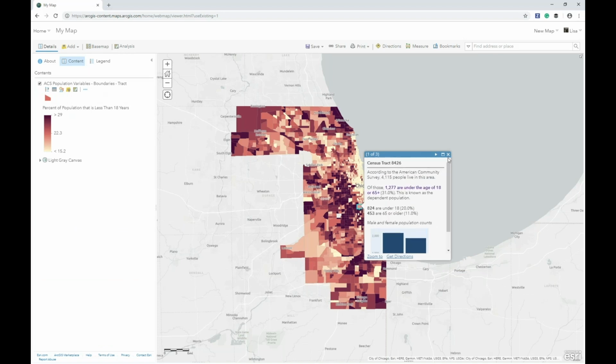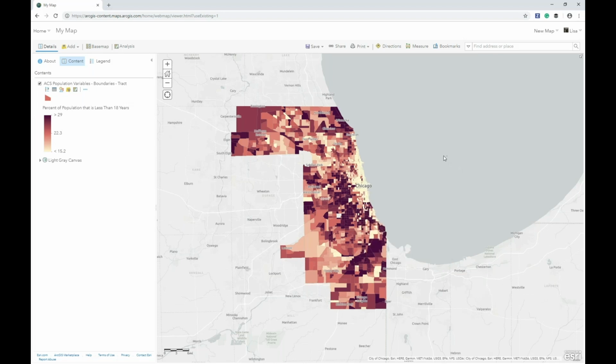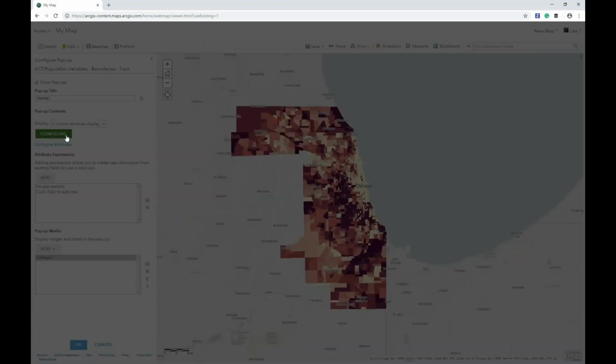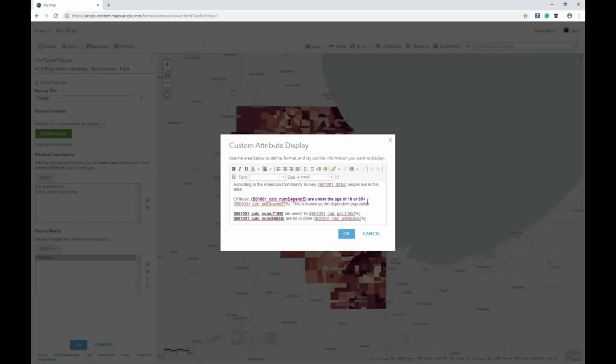So instead of rebuilding a full pop-up, I can actually use the pop-up that was already set on the layer to create my own custom version. So in the layer settings, you go to Configure Pop-up in order to make a change to this. Using this big green button, you click Configure, and this is where you'll see the default pop-up settings. It's telling me some information about the population. These things within the squiggly marks are the fields that are being used to pull the data from the database